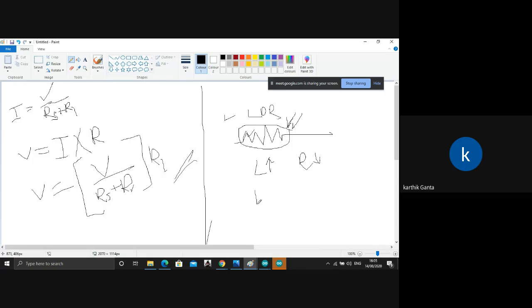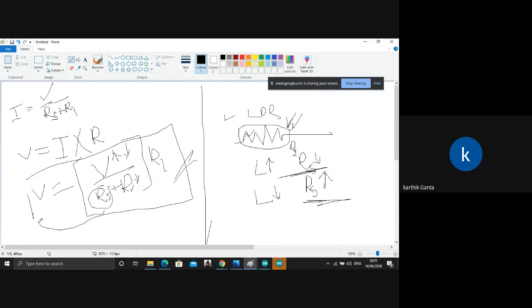As the light intensity decreases, the resistance increases. This resistance is RS, which we said. So when RS increases, the denominator increases, and automatically the numerator's share decreases and the voltage will decrease. When RS decreases, the denominator is decreased, so the voltage will be more. Okay, this is the relation.